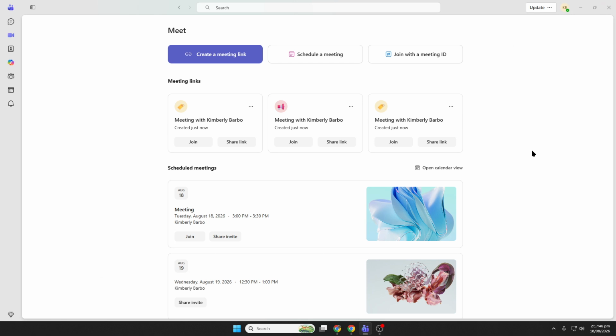Finally, on supported Teams experiences, you can turn a Teams message into a Planner task. Open the message, tap the More menu, and choose Create Planner Task. Then select the plan